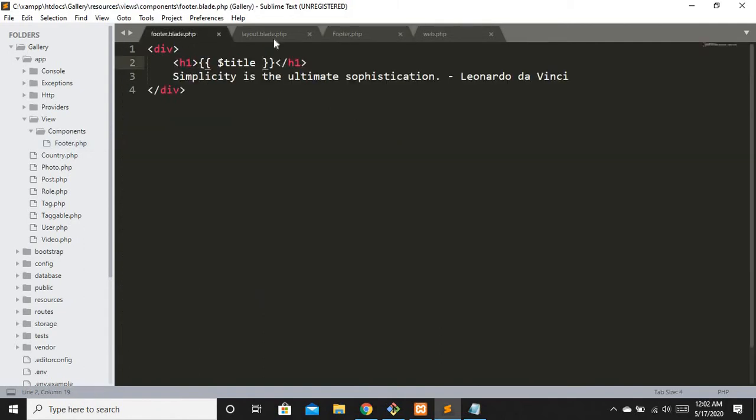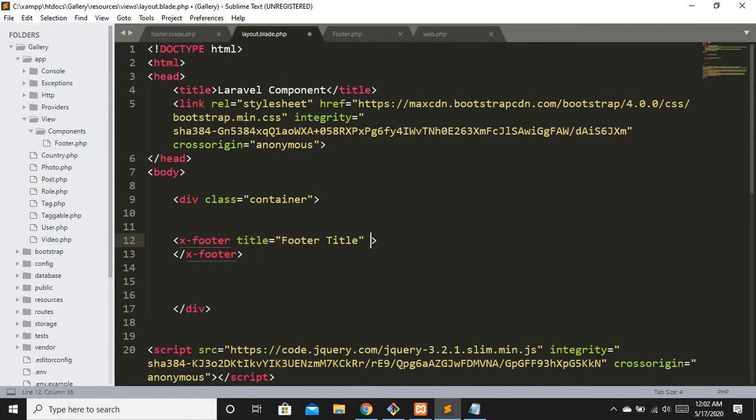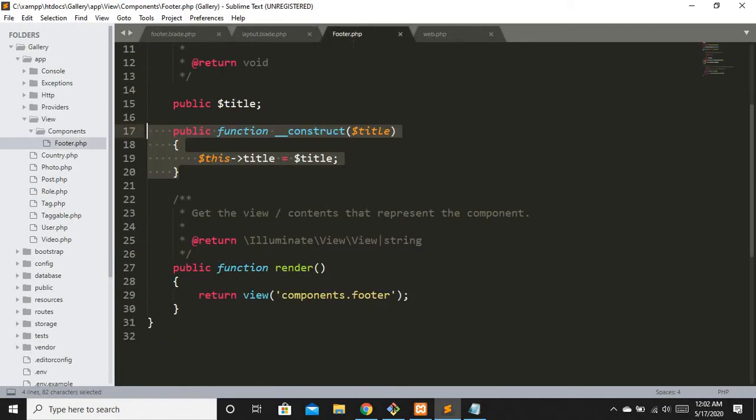Okay, now let's take another example. Let's say I want to have another title, basically I want to have another attribute. Let's say new data is equal to some new data. That's it. Okay, I'm showing this so that you can understand it better.